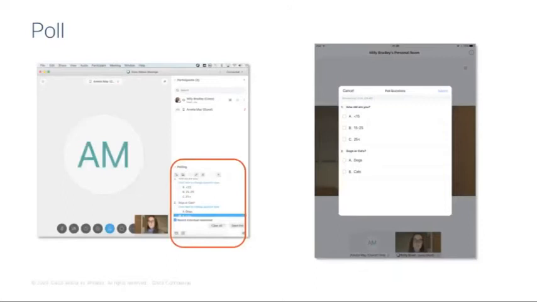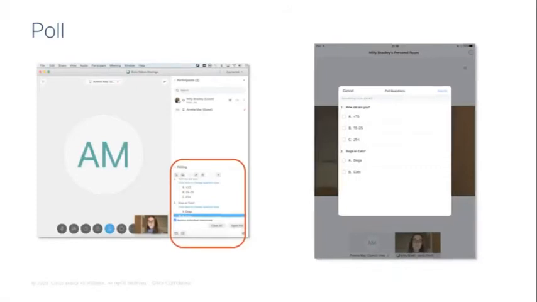Polling is also a feature that we have inside WebEx. We can turn this on and off inside our meetings as we need. Only the host has the power to initiate the polling. We can save some questions, write them in advance, save them, and open them inside the meeting, or we can make them up on the spot. It's entirely up to you. What we can also do is either have the anonymous results, or we have detailed results of how individuals voted.